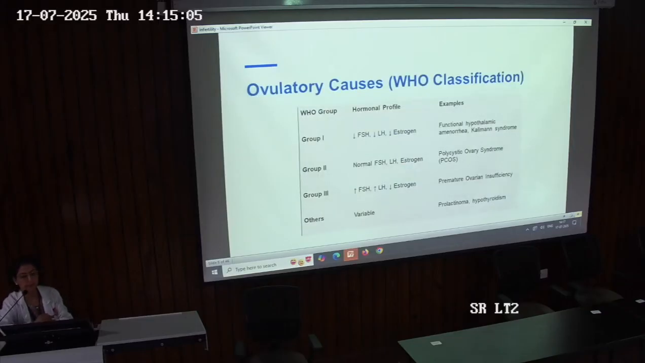So the WHO classification divided it into 3 groups. Group 1 is basically hypogonadotropic hypogonadism patients where the FSH and LH levels are low. There is a defect in the secretion of either GnRH or FSH and LH that ultimately results in anovulation. Group 2 belongs to,